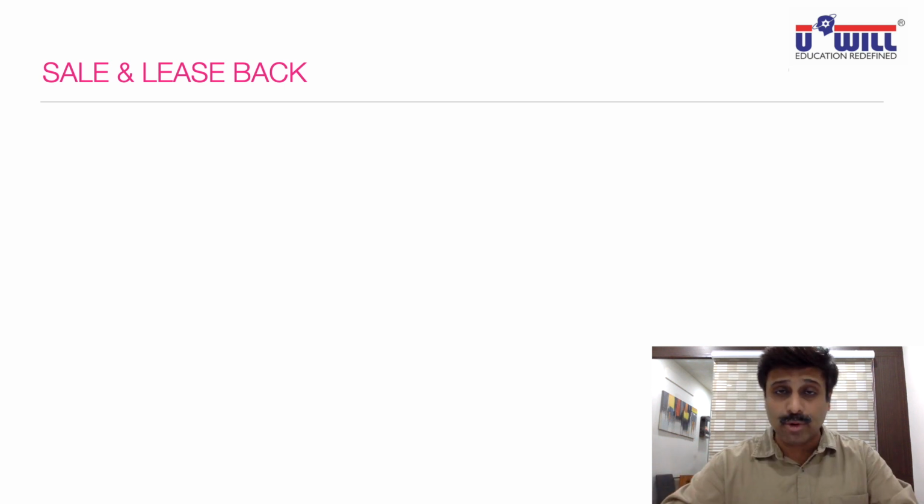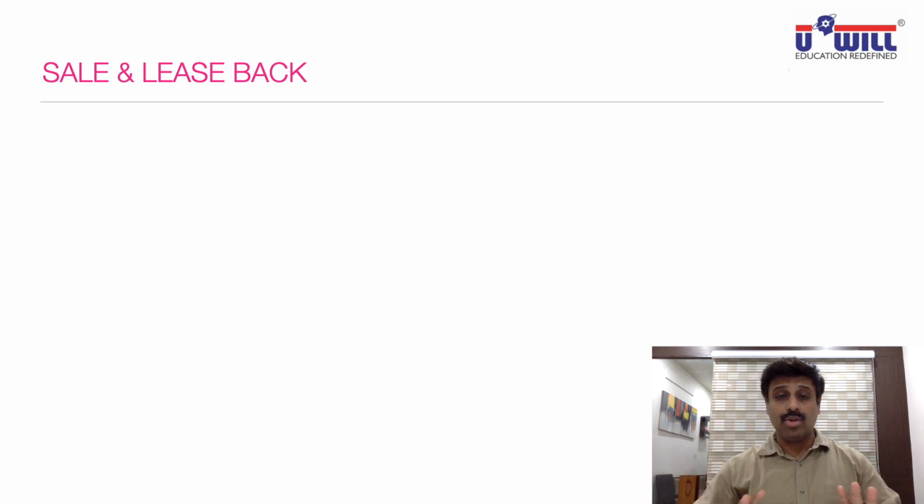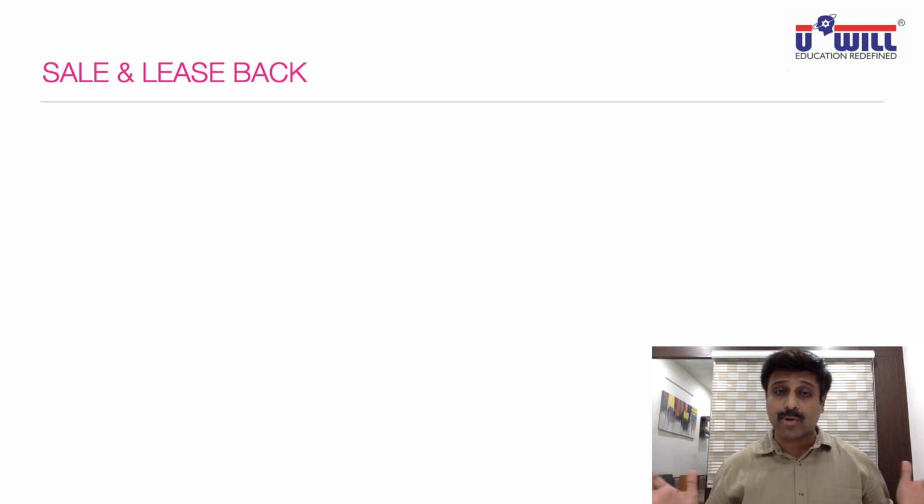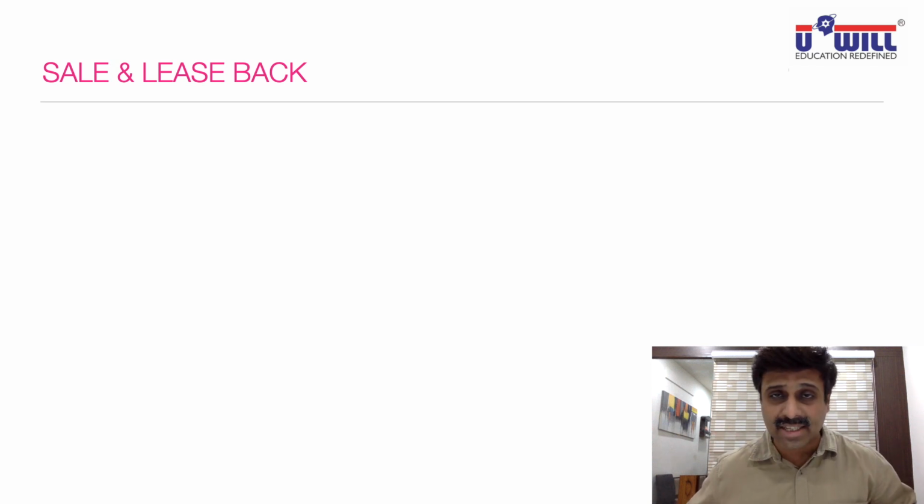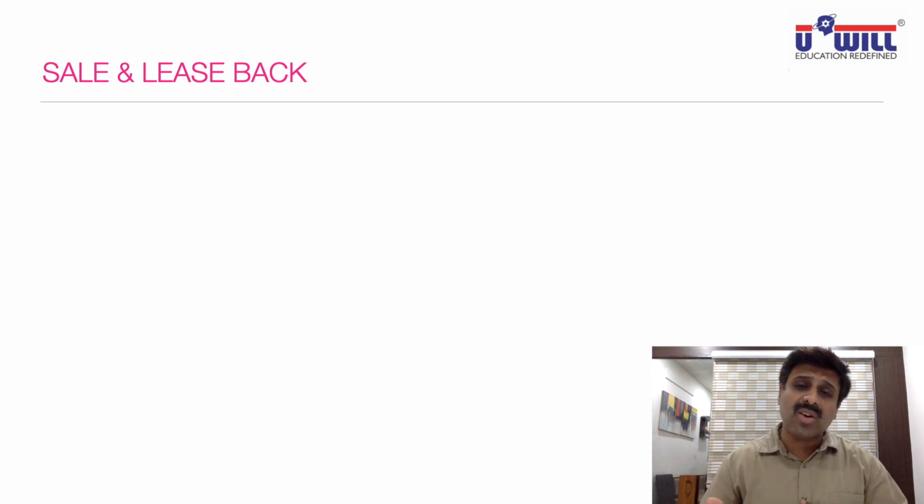One more example I'll give you. Suppose you are at the age of 60. I repeat, you are at the age of 60. You have a big house of your own, and you don't have any heirs or nominees remaining. You are the only one. You made a huge fortune, a house worth crores of rupees. Your retirement has come. You don't have any children, no wife, no husband, no one. You are the only person in your life. No relatives. Now what will you do with these crores of property?